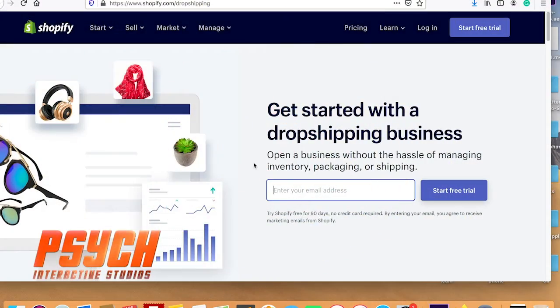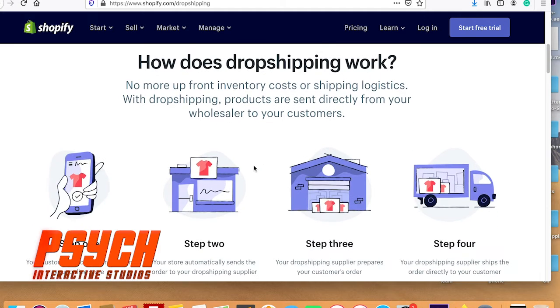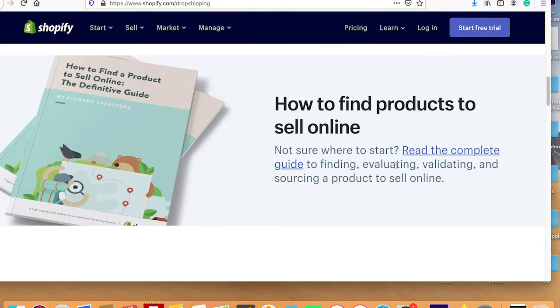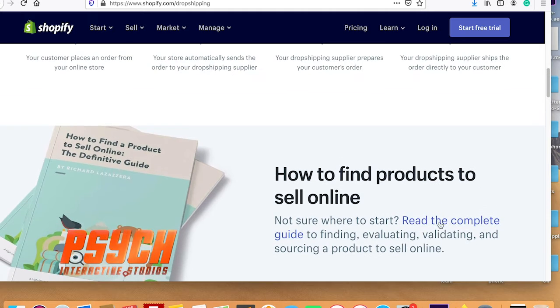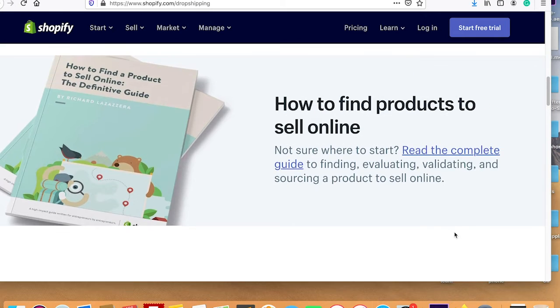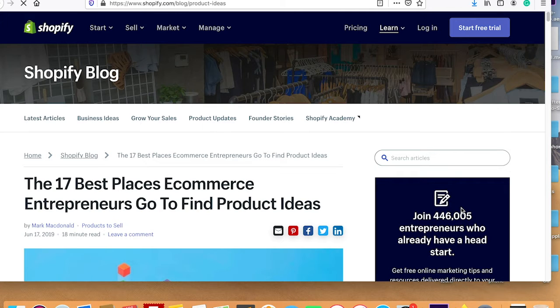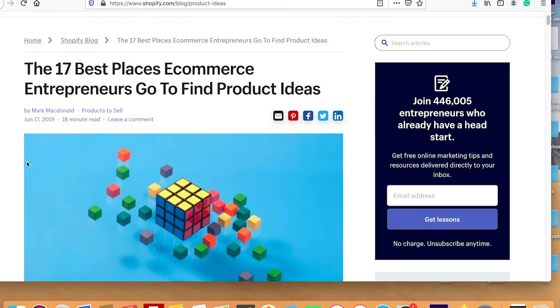So before we start our store, it is important that you know what products you want to sell. And Shopify actually has different guides and a lot of information about how you can start your online business. And remember, this is just for people who are just getting started with Shopify, so they can see the workflow. So before we jump into the Shopify interface,